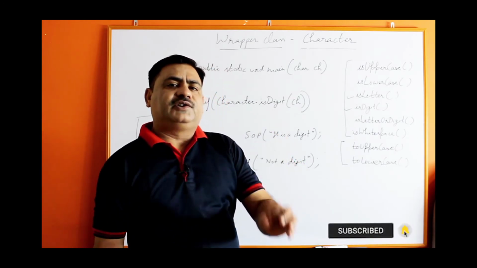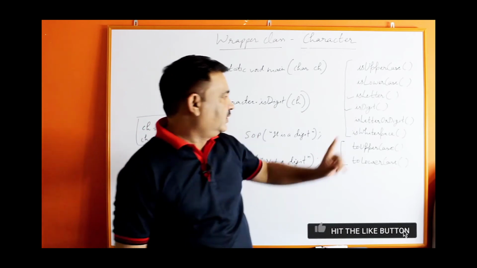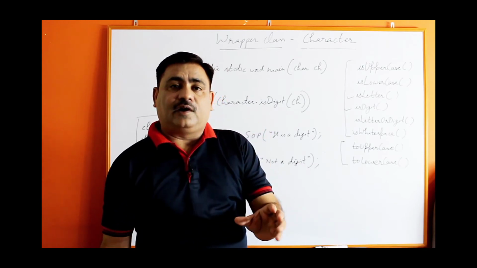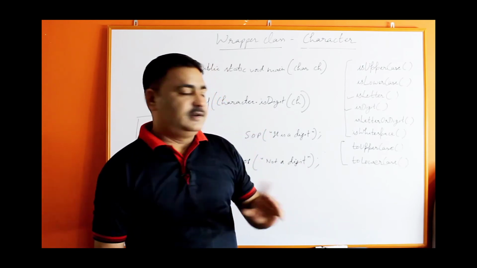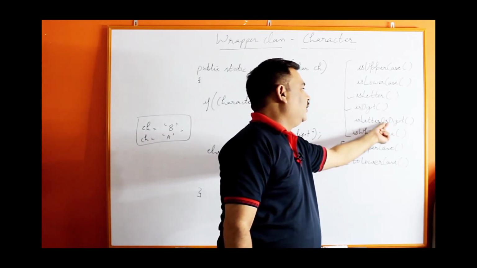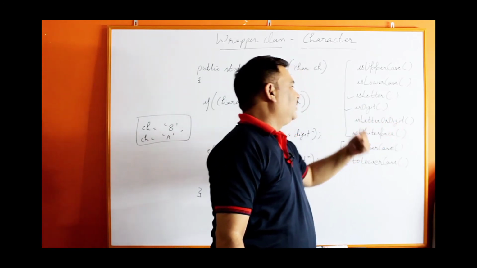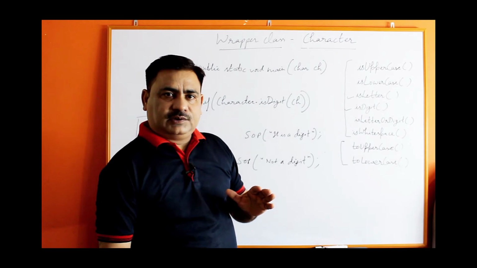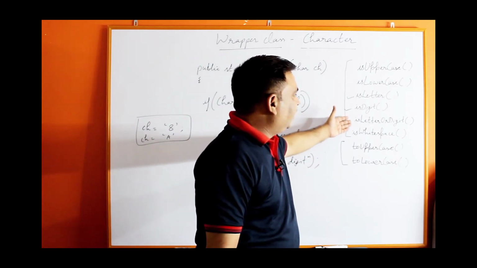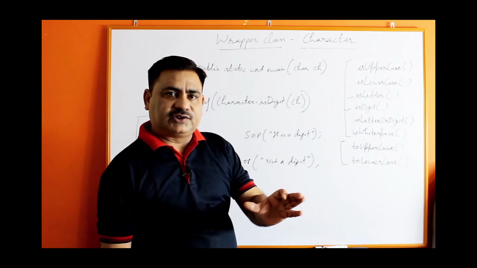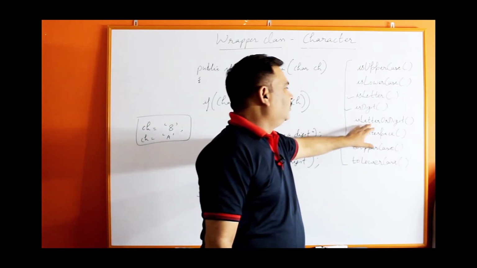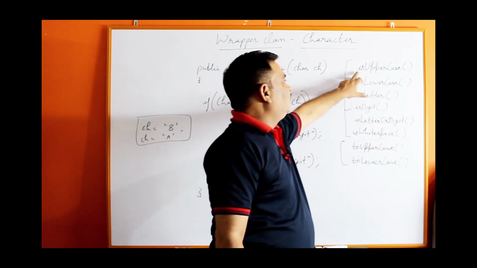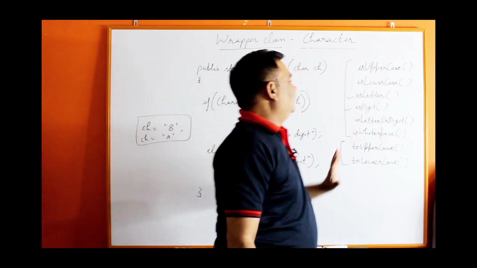First character of the function is always small. Please remember one thing. First character of the function is always small and the first character of each word is capital. Letter word is there, L capital, Or word is there, O capital, Digit word is there, D is capital. So in such a way you can learn the name of the function. These are some conventions used by Java to provide the function's name. I am just explaining how you have to learn this function's name. See here, just like isUpperCase, U capital, C capital.